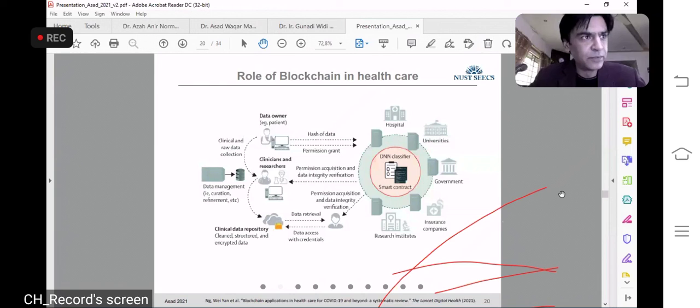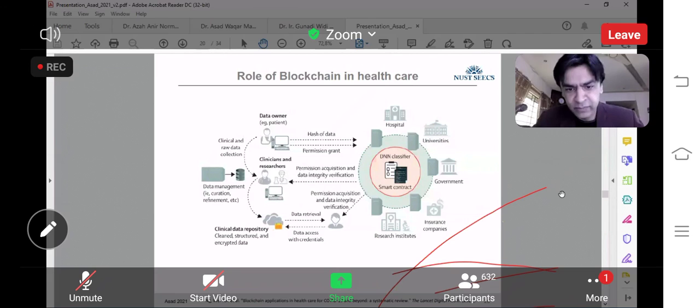Okay, so the role of blockchain, as I mentioned earlier, is very important, and it can be seen as an alternative to standard database systems. As hospitals, universities, government, insurance companies and research institutes all require data about a particular employee or student, how they behave in society, right? So in most of the cases,